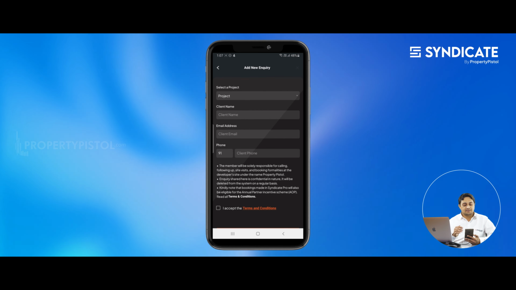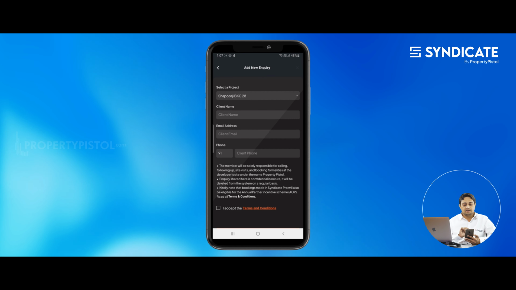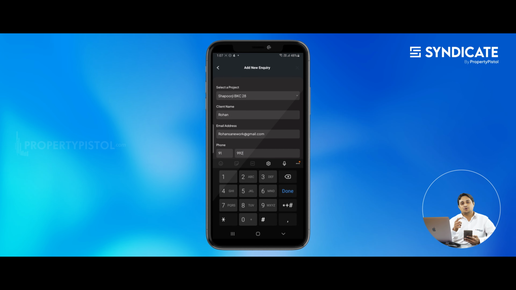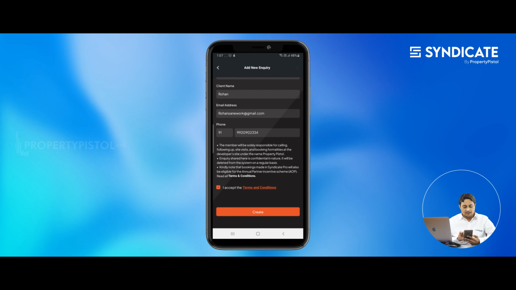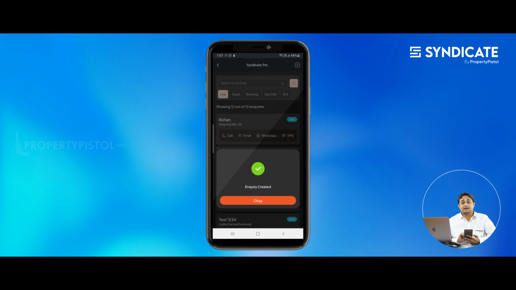Click on the plus icon, select the project for which you want to refer a lead, enter the client's name, the email address, and the mobile number. Click on I accept and you are good to go, and you can create a lead in the Syndicate Pro. So you can see the lead has been added.